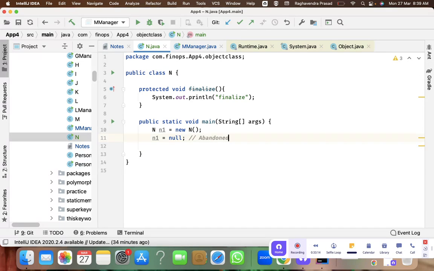This is how you make an object an abandoned object. If you run this program,